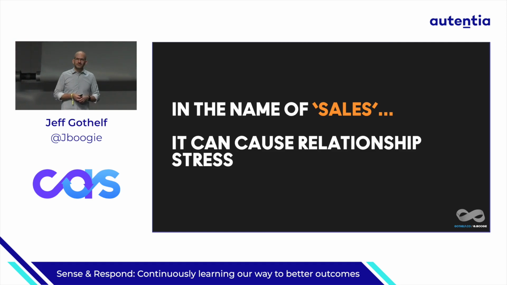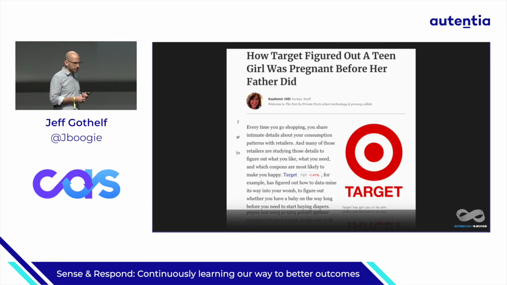Sales. We all want to sell stuff. All of our companies sell stuff, right? Super interesting story. Target. Target is a big department store in the United States. They do a tremendous amount of big data analytics and predictive modeling. They know, based on your shopping patterns, especially women's shopping patterns, when you're pregnant. They know when you start buying different things, even before you tell anybody, when you start changing your buying patterns, they know when you're pregnant, and they start advertising to you